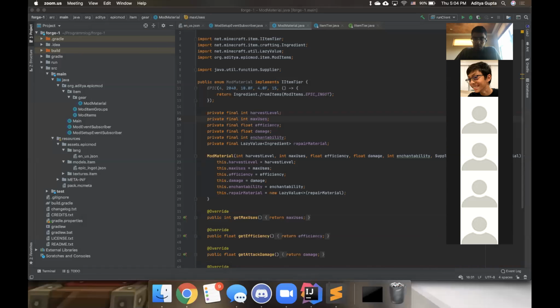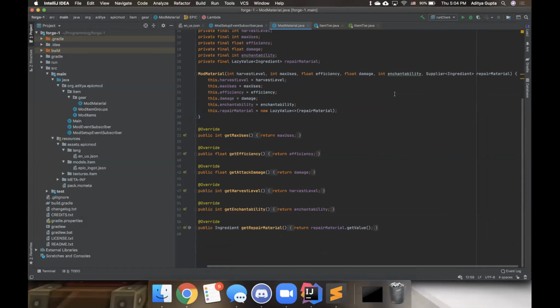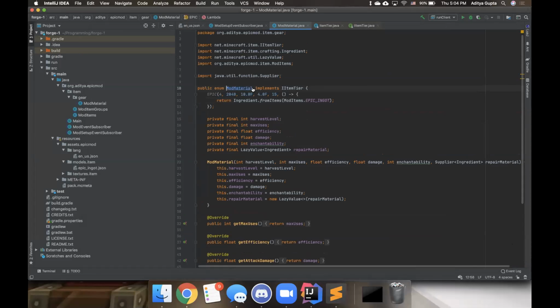Okay, let's see. Where were we last time? Share screen. Okay, here is my screen where we have our wonderful mod material. So I think this is as far as we got last time, that we created our mod material, and then